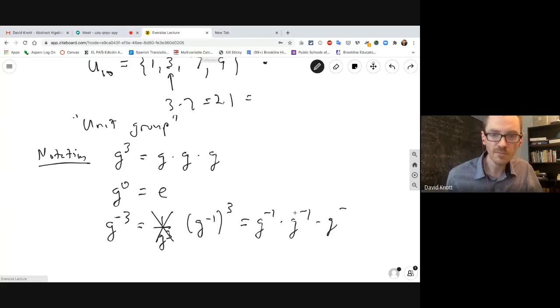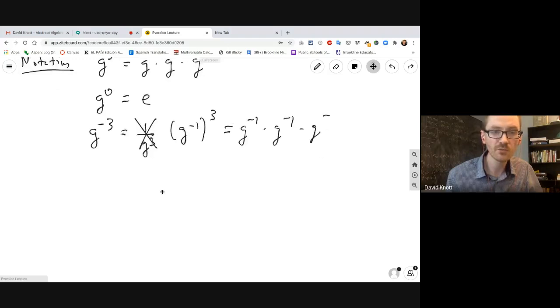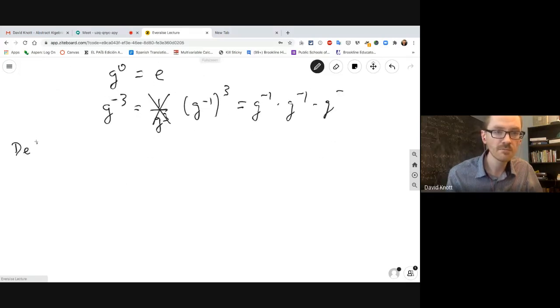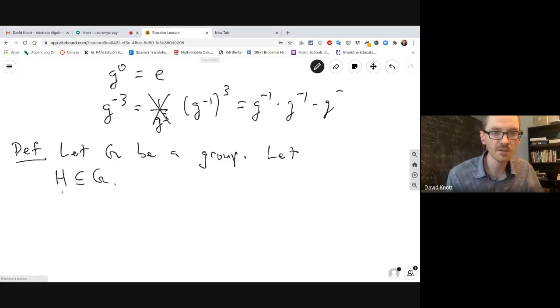Okay, so let's go ahead and begin talking about subgroups. I have another definition. Let G be a group of any kind, any old group, and let capital H be a subset of G. In case you're not familiar, that symbol means a subset. So H is just some sub-collection of G. We call H a subgroup